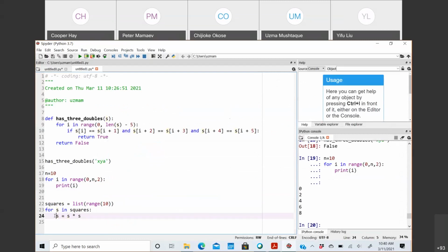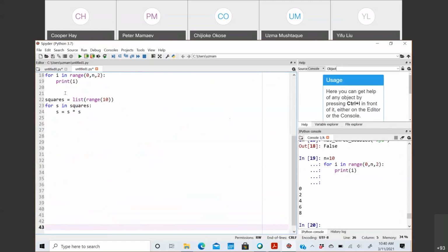Okay, so this definitely won't work, because if you look at it, we're just updating the variable for my loop, which doesn't really help. So what should we be doing? I think I saw